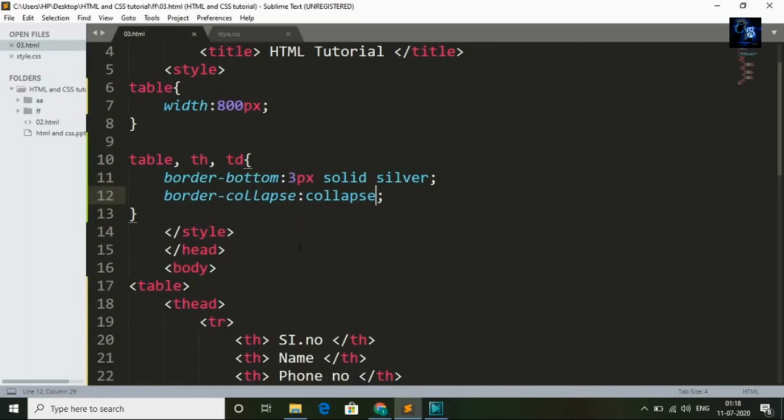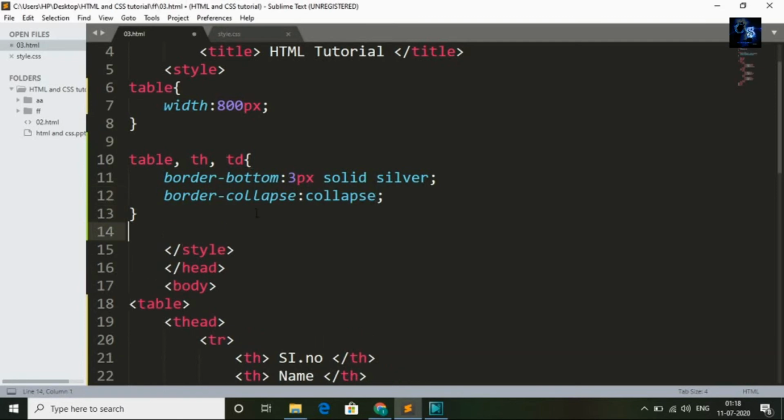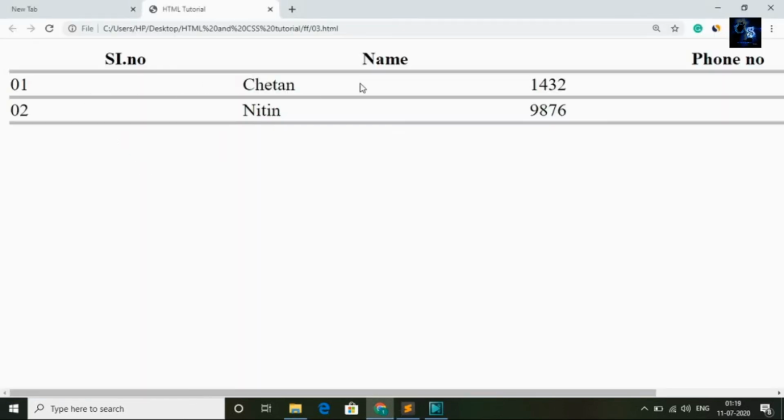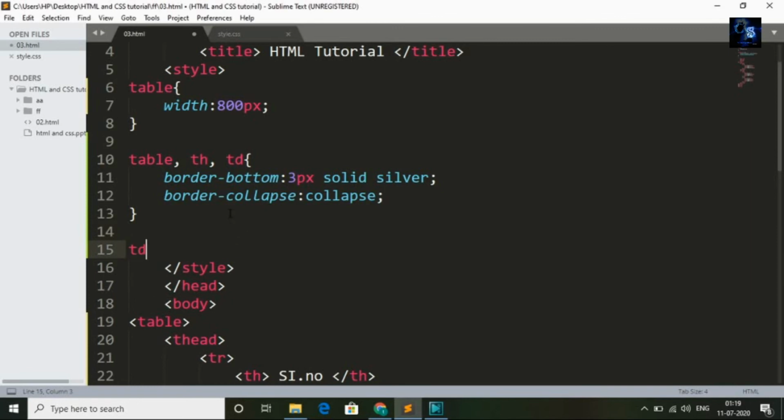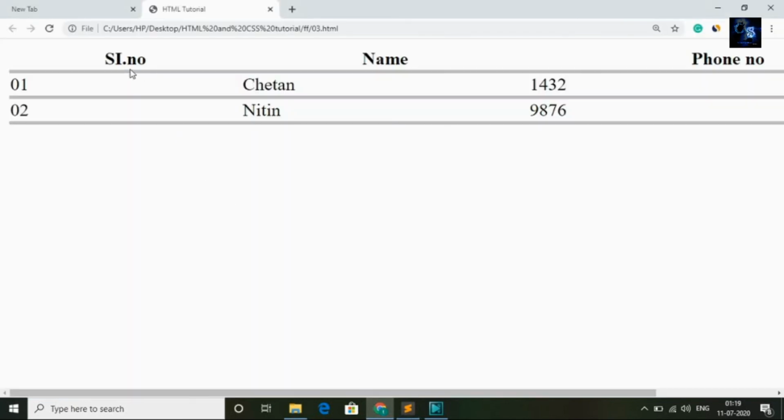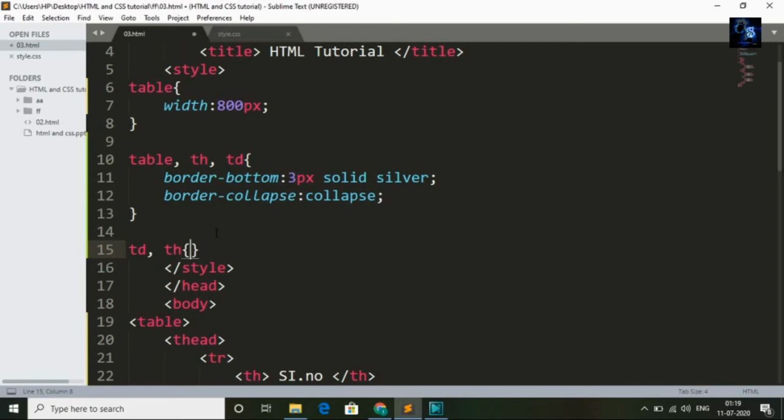Now I will come back to editor and I will add our effect. Before that I want to bring this text center. So I will call here td and th. I want to bring heading and data in center. Flower brackets.